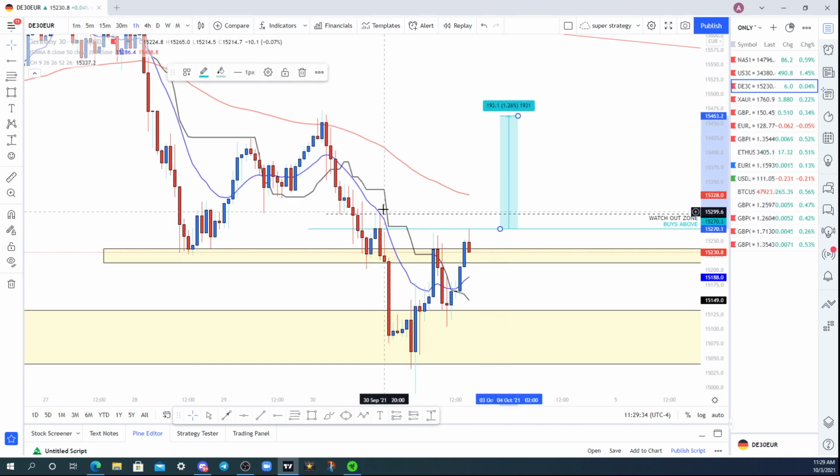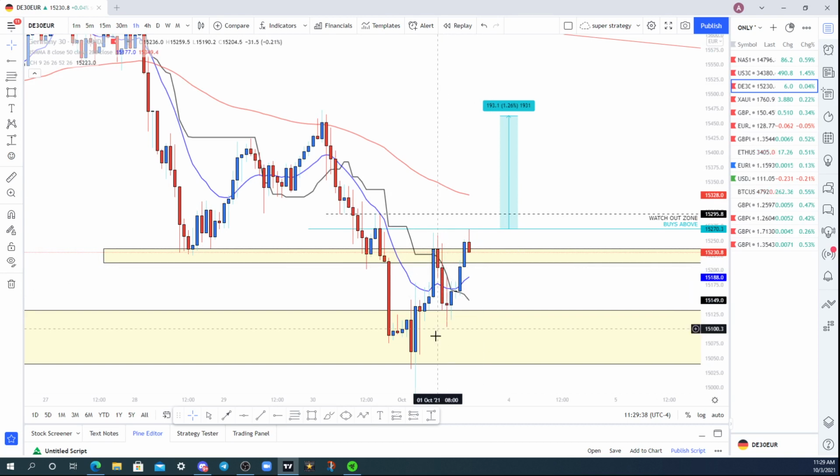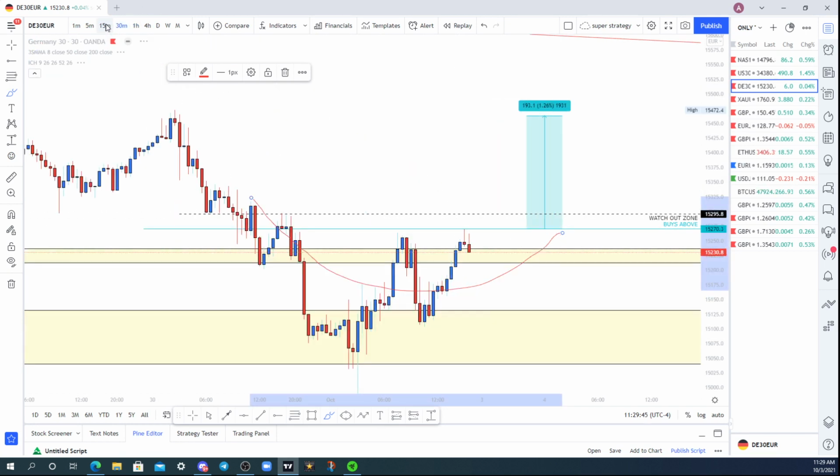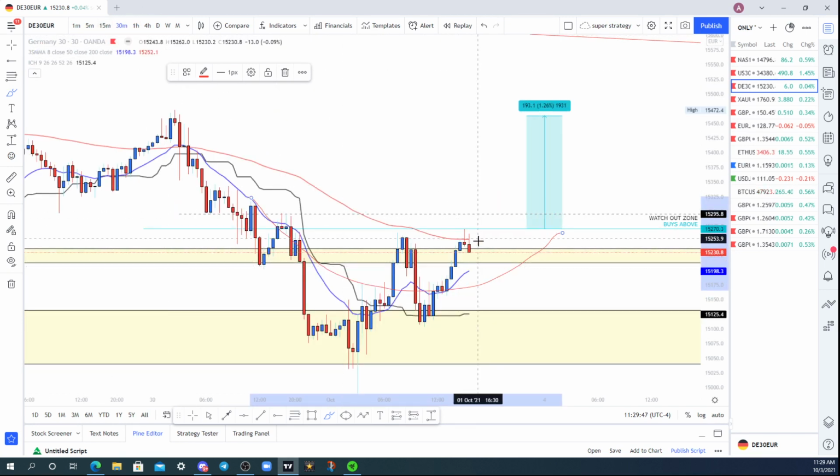But if we do start to break this lower high, the reason why I'm long is because we're getting these scoops here, right? We're getting these SMA scoops. Now, if we start to close up above here, we'll be above this SMA to then maybe make these SMAs cross over bullishly and then continue up.